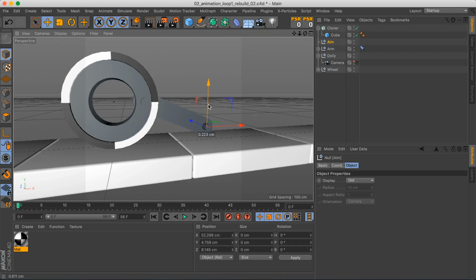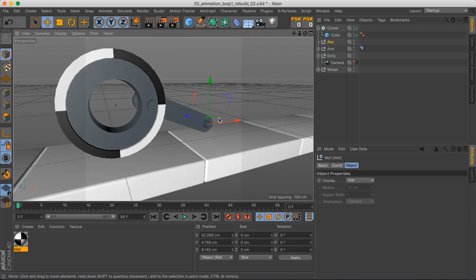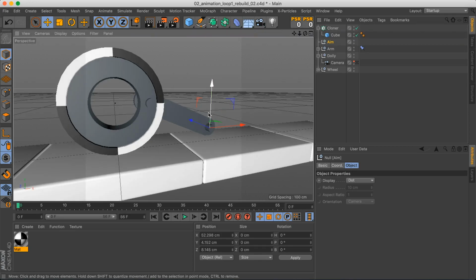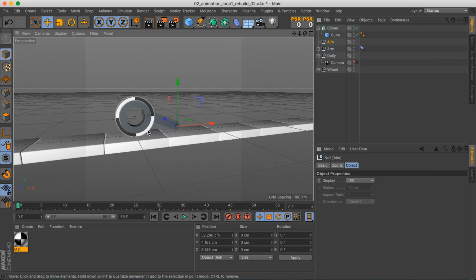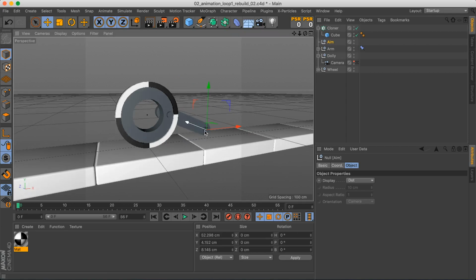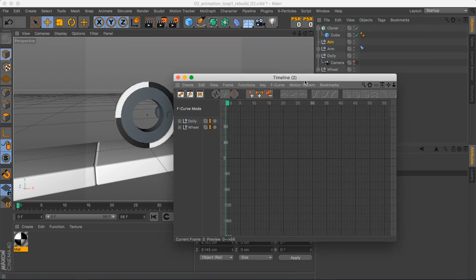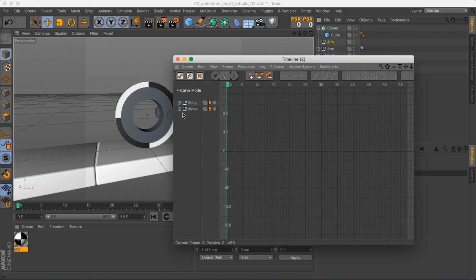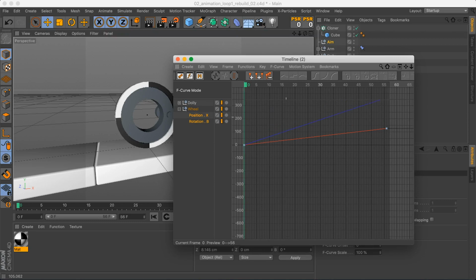So we have to start off by putting down our keyframes, and then we're gonna tweak them along the way. So the first thing would actually be to get some nice movement on the wheel, and then we start animating the arm. So let's head into the F-curve editor, go to our wheel,